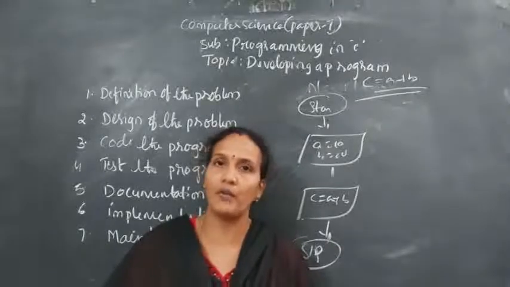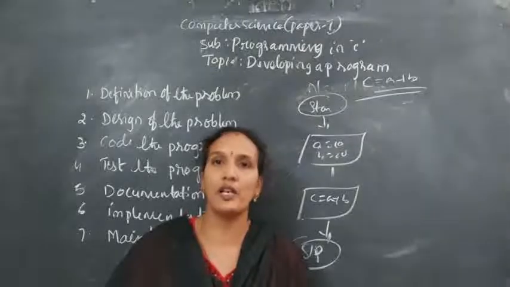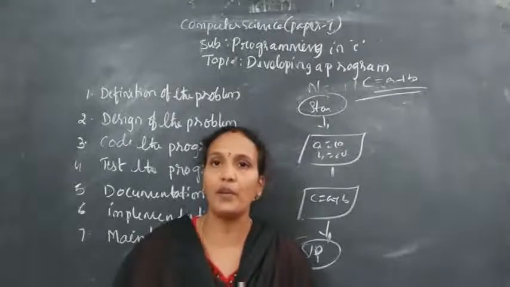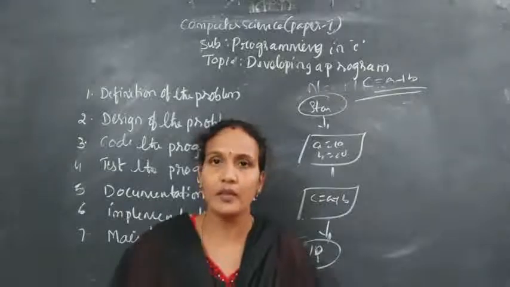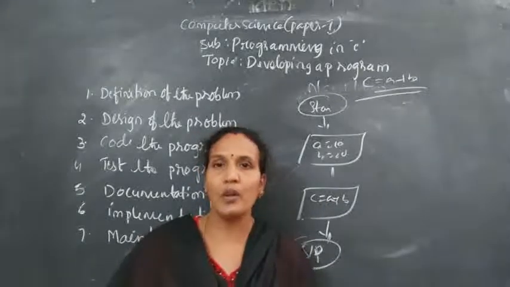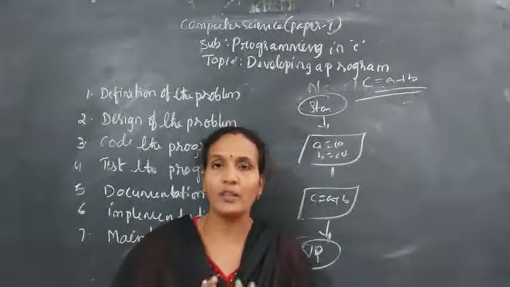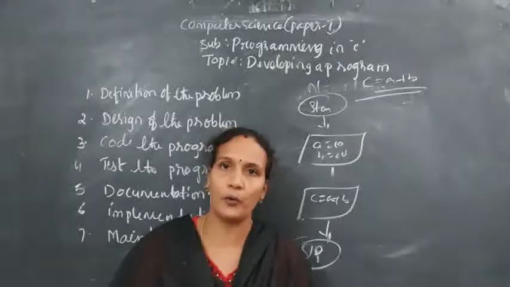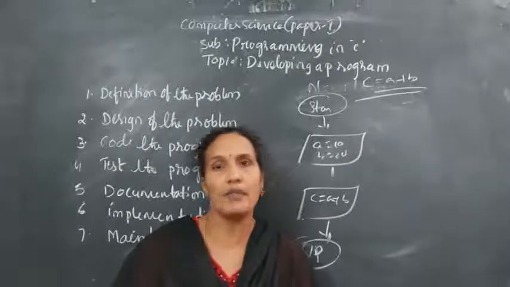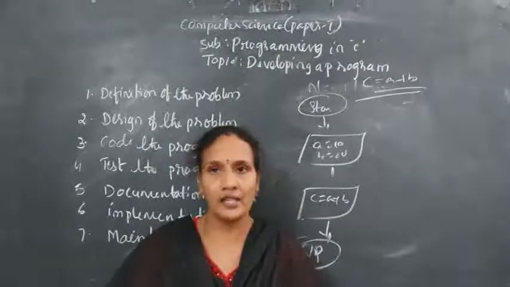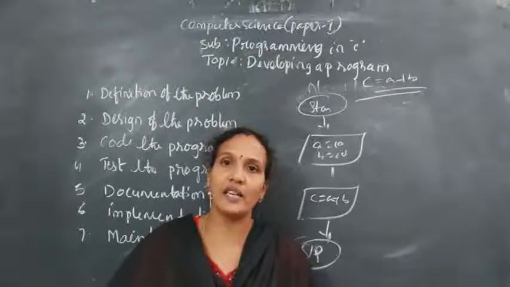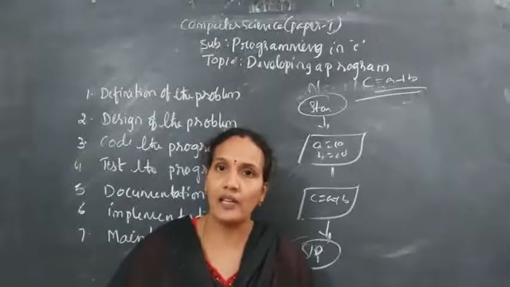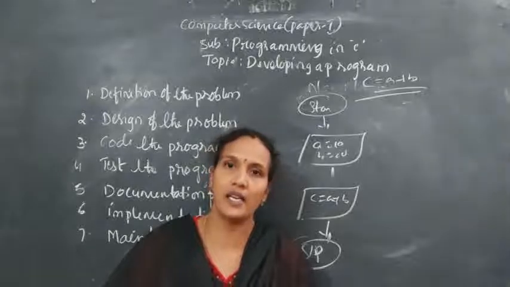In the design of the problem, we give a pictorial data flow, a pictorial presentation. It is also called a conceptual method. Clear? In the first step, what are the requirements? What output you are expecting from a program, that information we give inside the definition step. In the second step, based on the requirements you have given in the first step, we design one plan. We design one algorithm. That is the second step.